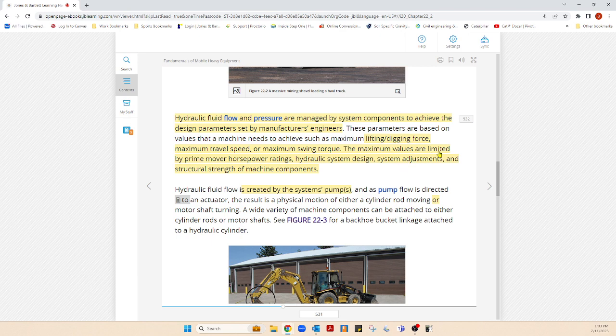The maximum values are limited by prime mover horsepower, for one thing. The hydraulic system design, in other words, what is your max PSI on all your hoses, your adjustments, your valves, and the structural strength of machine components, such as the arms itself,